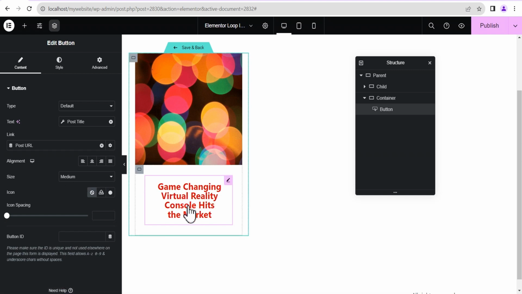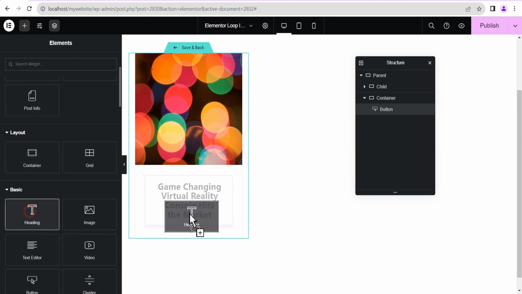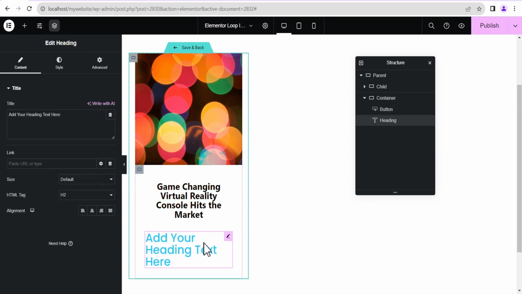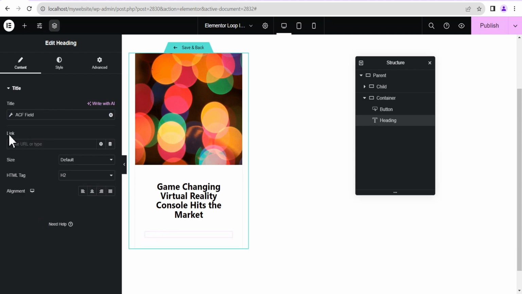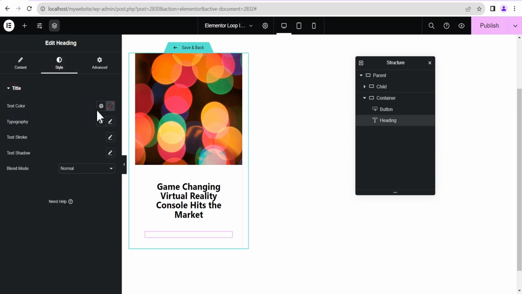Okay, so now that we've done that, the next thing we're going to do is add a heading text right below here. For this heading text, we're going to use a dynamic tag, and then we'll come down to the ACF field and click on this range icon, and then we'll go to the key and set the position there. It's not going to show here, but once I'm done, I'm going to make it visible for us to see. So we just come down to the style option here,